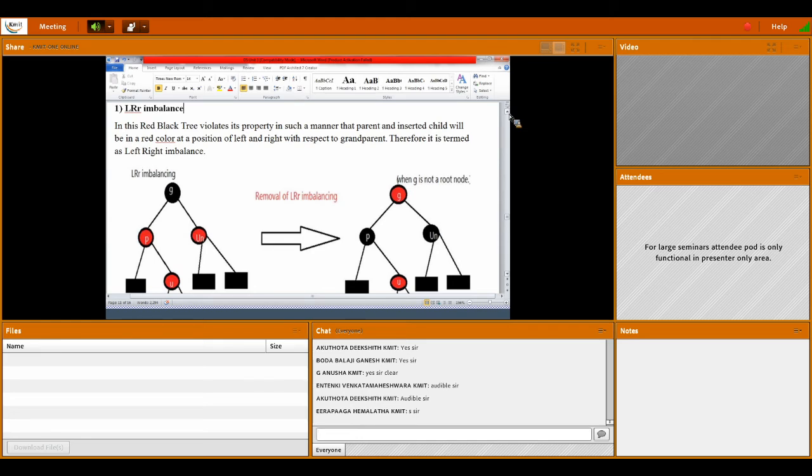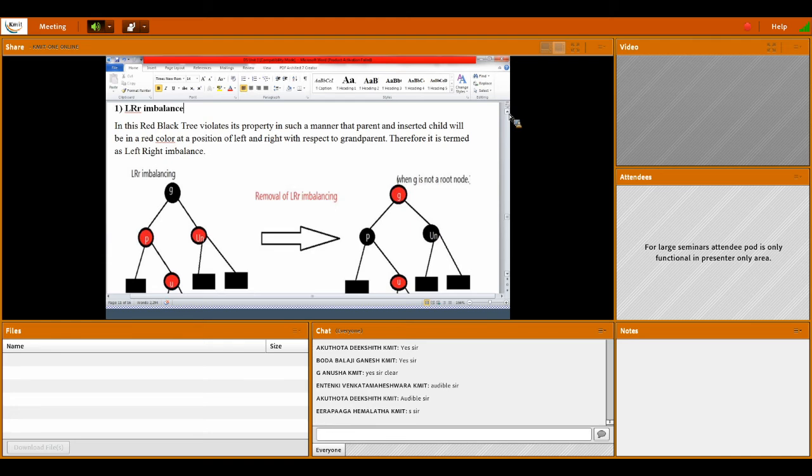So how to identify this? In this red-black tree, it violates its property in such a manner that the parent and inserted child are in red color. If both are red color, at a position of left and right with respect to the grandparent, then we will call it a left-right recoloring imbalance.